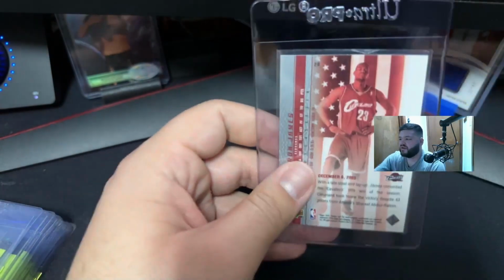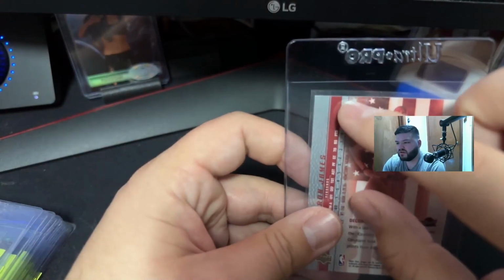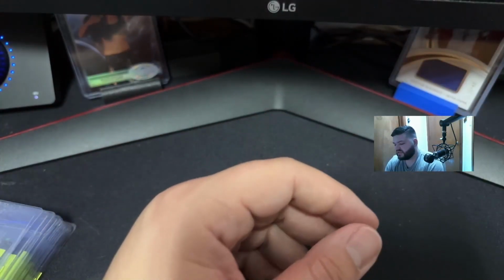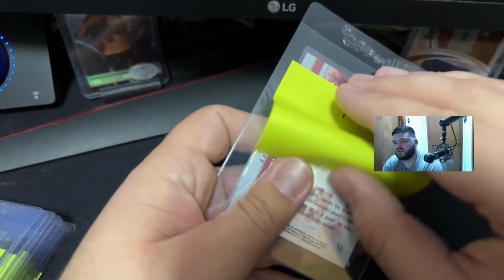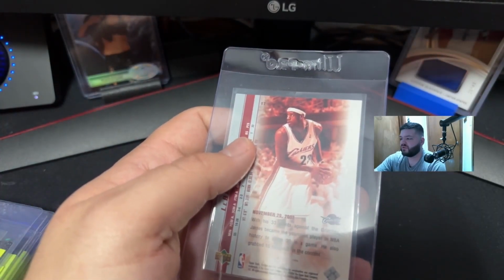This one I pre-graded a 9. I think there's something in the upper corner here that just looked a little off to me, but it could still get a 10. I don't think it was that bad of damage. I have this one pre-graded as a 9. Oh, this is the one that has the corner. This one has the corner issue on it. I got them in the sleeves, so y'all probably won't be able to tell, but